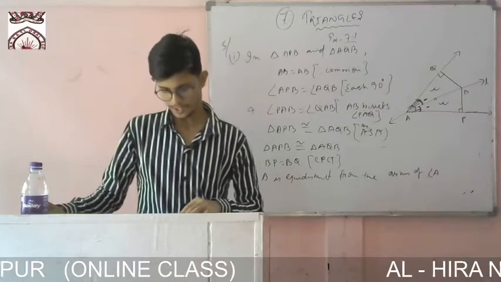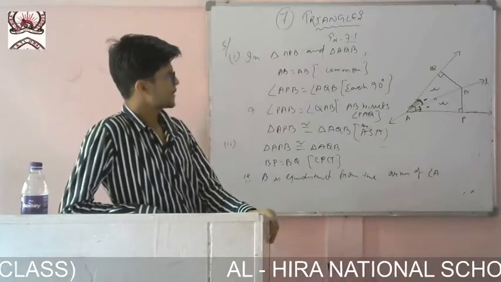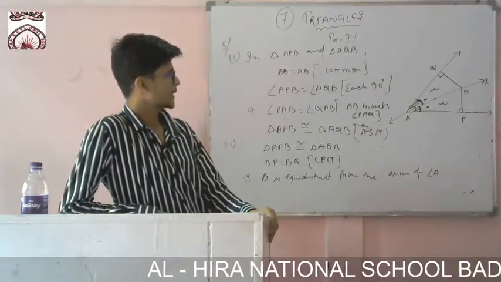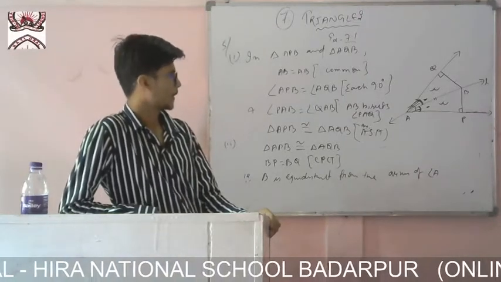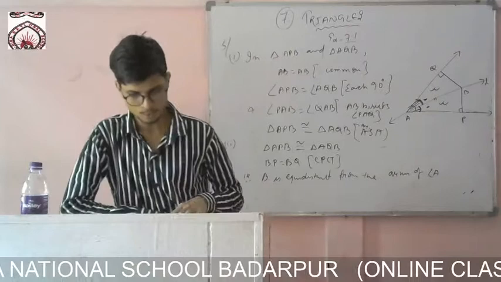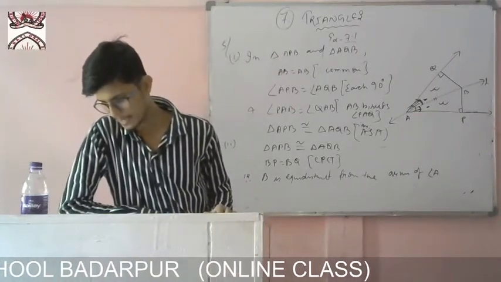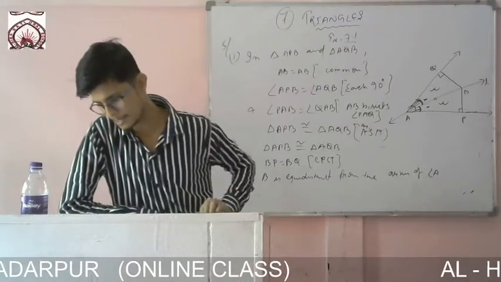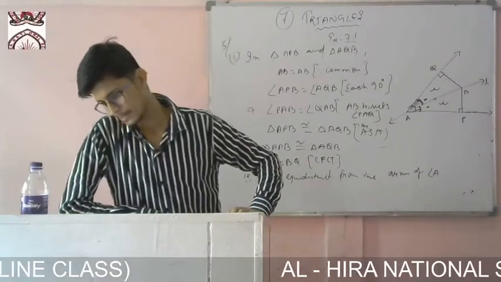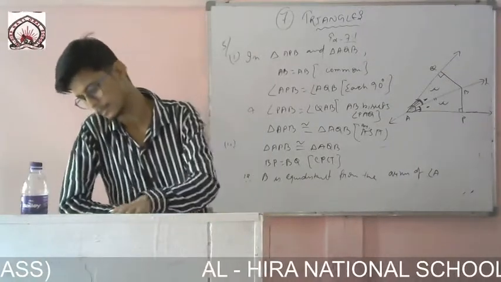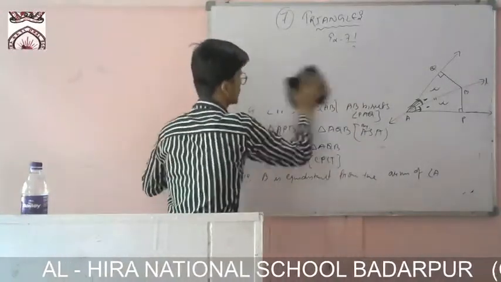Now question number 6. Up to this much, all the sums we have done were very easy. We just related the things and wrote them. So now let us move to question number 6. A figure is given, where it is given that AC equals AE, AB equals AD, and angle BAD equals angle EAC. Show that these two sides are equal, BC and DE. Like earlier, first of all I have to prove that these two triangles are congruent, then only can I show the other things.